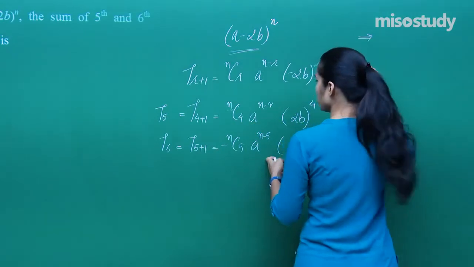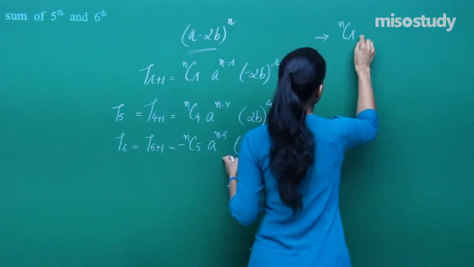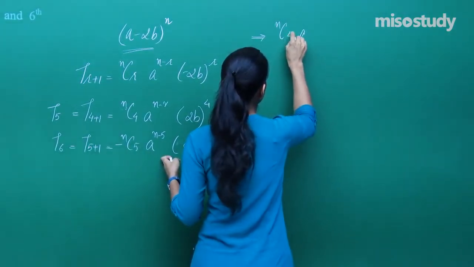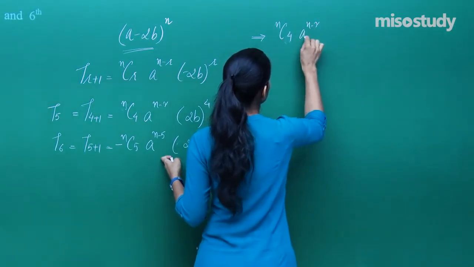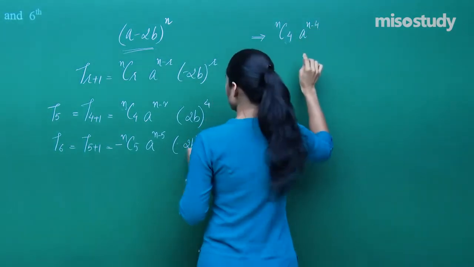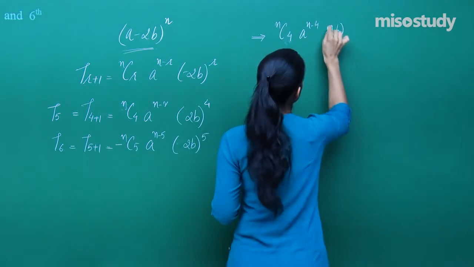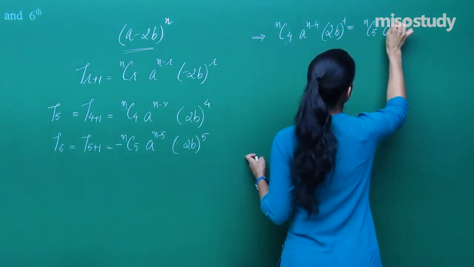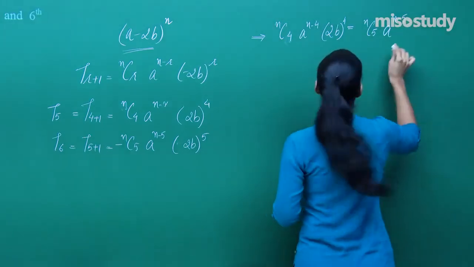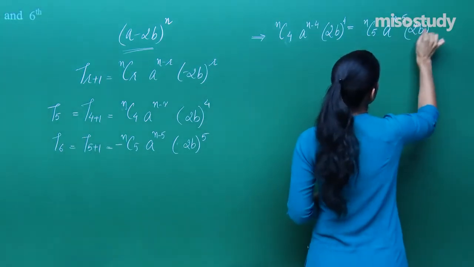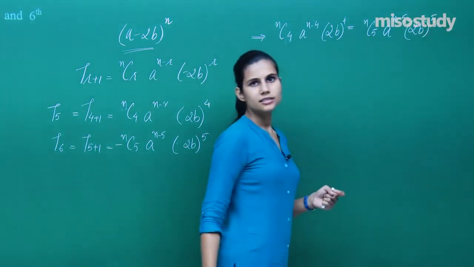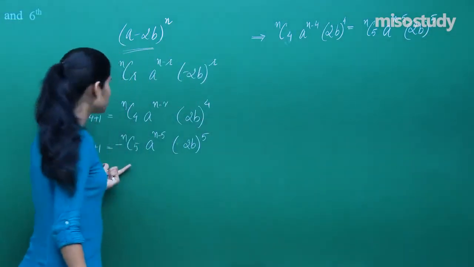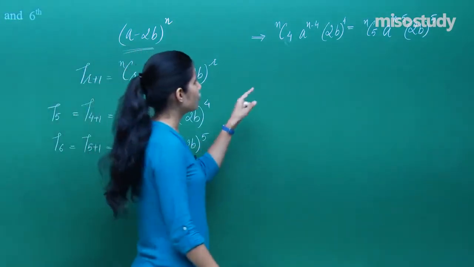You actually are getting what? nC4 a to the power n minus 4, 2b to the power 4 is equal to nC5 a to the power n minus 5, 2b to the power 5. Right, I have just sent this 6th term to the right hand side and hence I have got this,